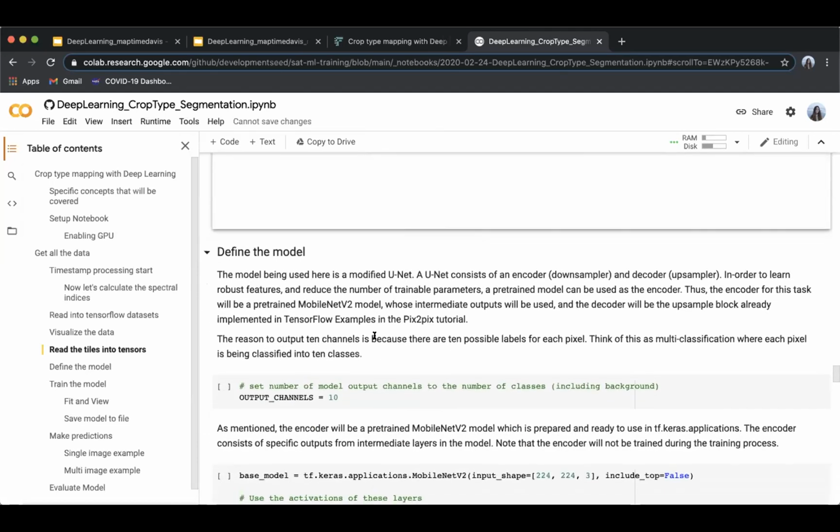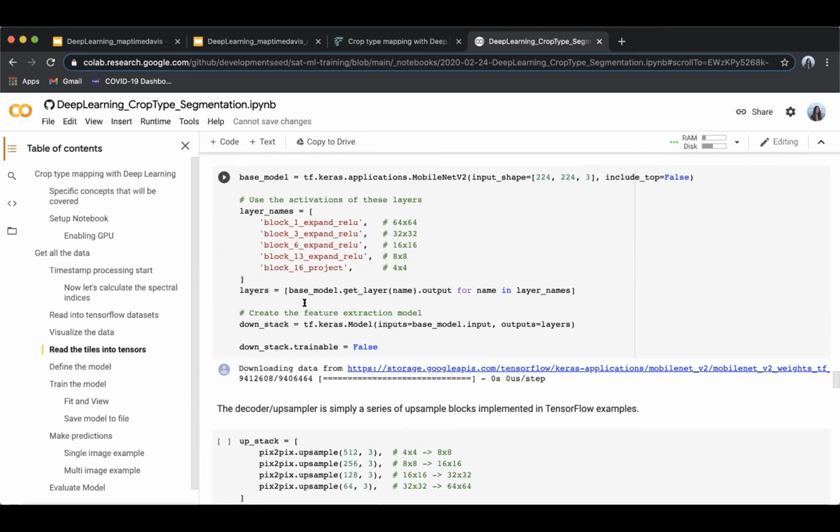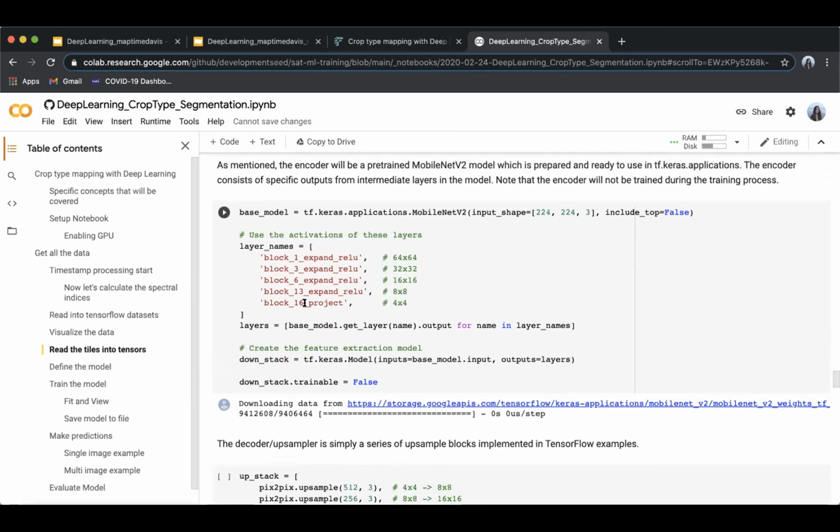Okay, that's still running, so we're not going to be able to run any of this until after that, but I'll just go through this. These are the blocks. We're just providing the layer names for them, and we're compiling them together and creating the feature extraction model,